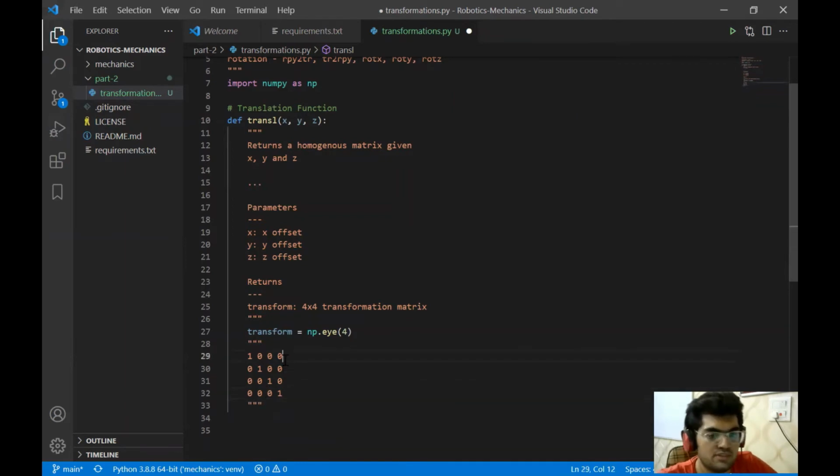So what we can do is we are going to plug in X, Y, and Z over here. And this is what it's going to return. So that's what we're going to do. Now we have this value. Let's keep it over here.